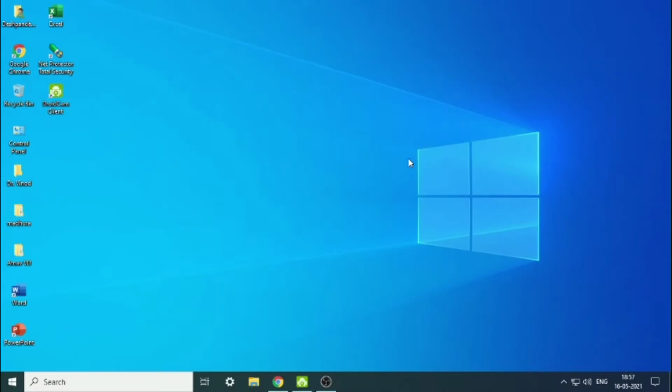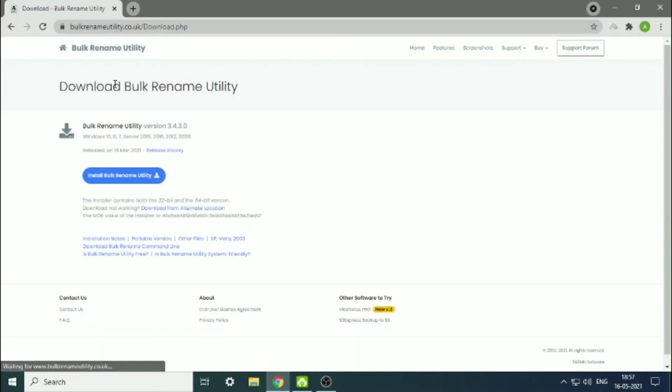To perform this life hack or tool, we will be using a UK based software called Bulk Rename Utility. It is completely safe and no need to worry, because I am providing this app and the link will be given in the description.